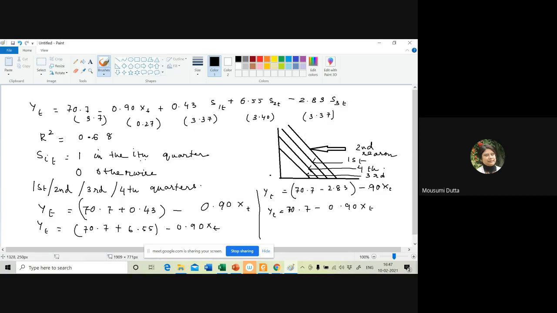Okay, now here for the parallel lines, when we prepare the write-up with respect to the fourth season only, we will be able to explain everything. With respect to the fourth season, whether the intercept of the first and the second is higher, and third is lower, etc. The explanation will be like that. So everything will be done with respect to the reference category.